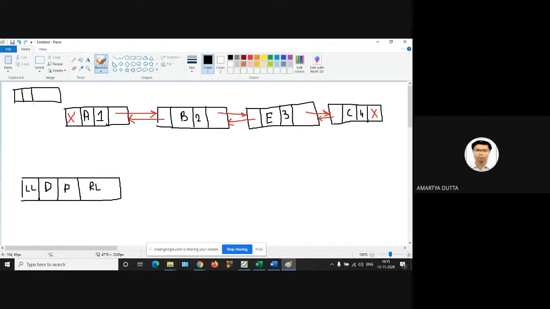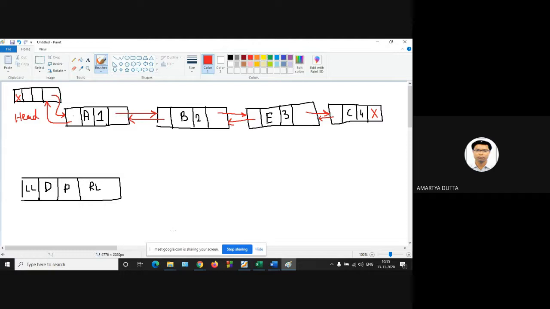So data part or four fields will be there, and this is omitted as we denote the header node. There is a connection from this to this, and at the same time from this to this, and this will be null. So this is your head node.